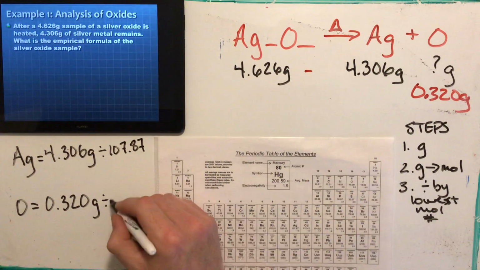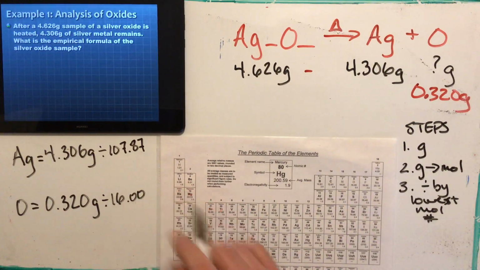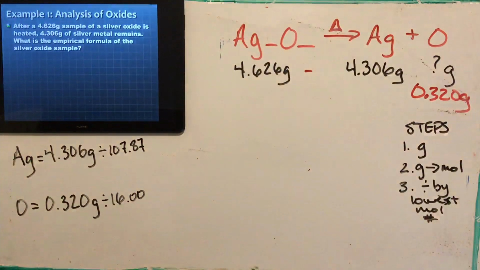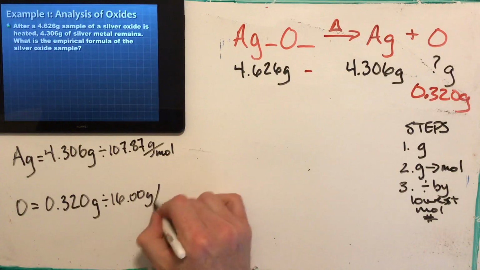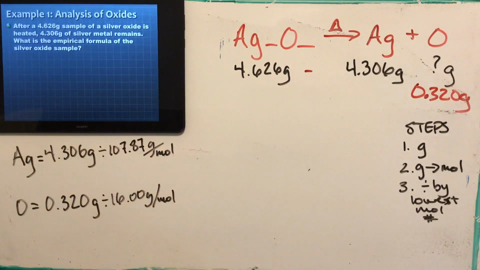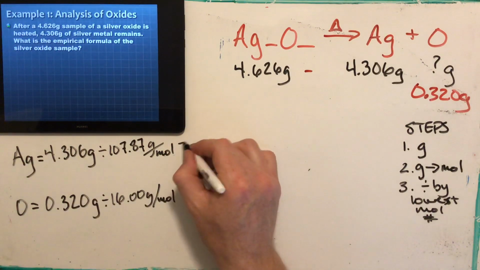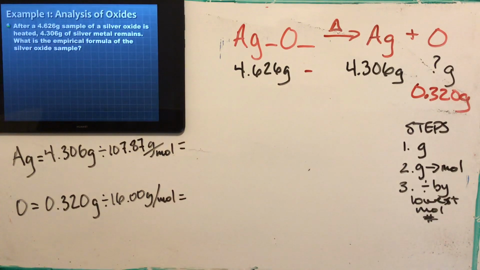And oxygen, of course, is 16. We've been using oxygen a lot. I remember that now. And this is grams per mole, grams per mole. All right? And then I'll divide that out. I'll use a calculator, Matic 3000. This ends up being